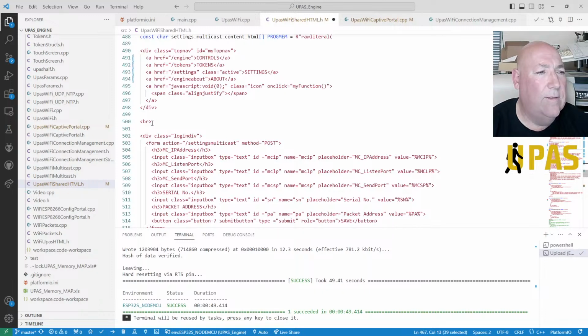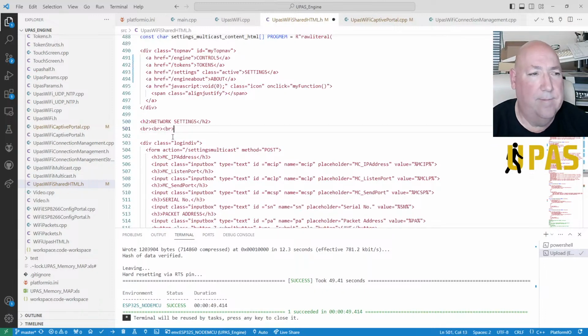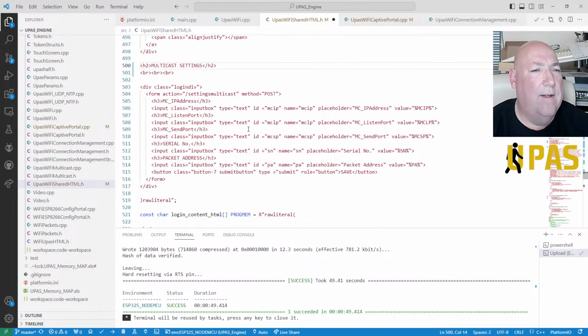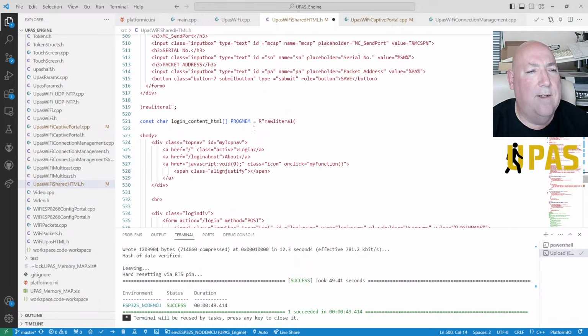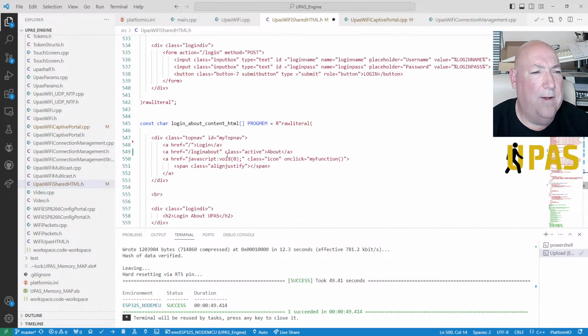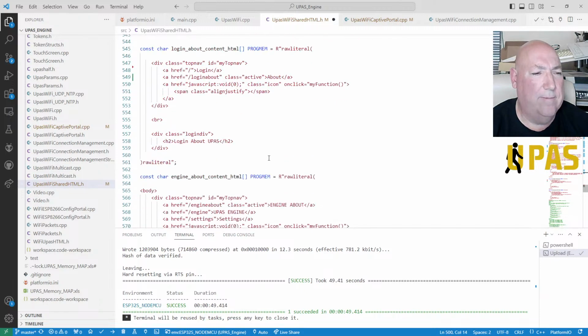Multicast settings, right, let's drop that out there. So multicast, it's not even multicast, it's unicast, but anyway I told you about that. Multicast settings, right. Okay, so that's it there, yeah. Login, oh we need to change this, oh no, login's the same. Yeah, that stays the same. We've got login about, we'd sorted that out, that's fine.